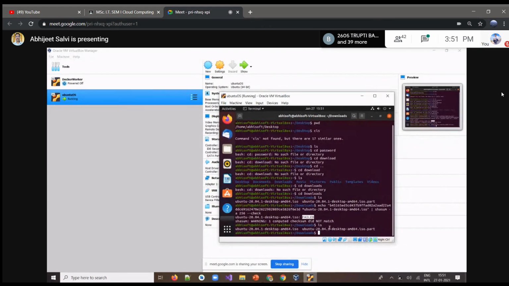What we downloaded and what they posted on the server don't match. Because of that, we are getting this message. So this is the way we can verify our documents with the help of this hashing algorithm.